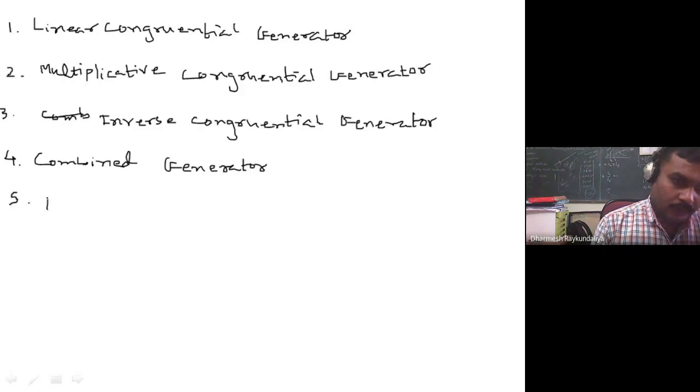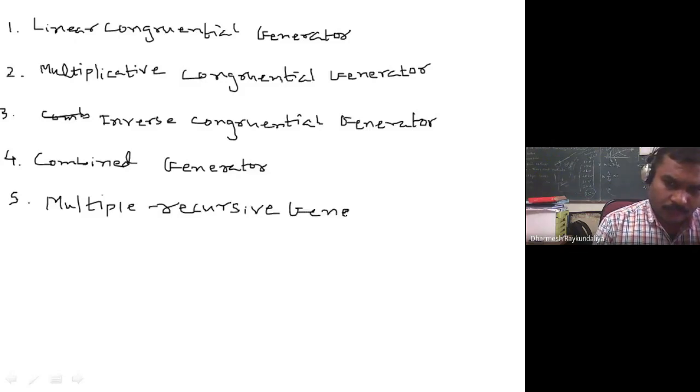There is also a method called the multiple recursive generator. So these are all various generators which can help you to generate the pseudo random numbers. So we will see them one by one.